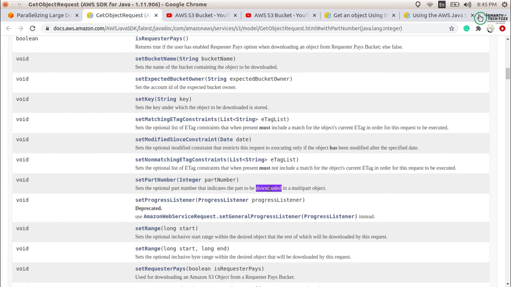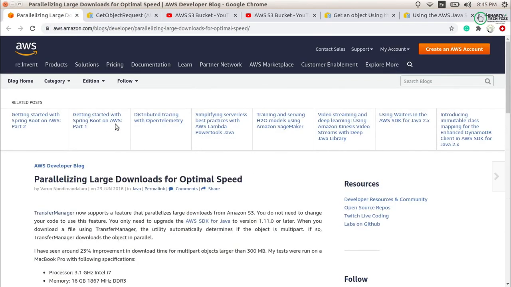So there are different functions provided for the low level implementation, and that can confuse a user, because I couldn't even know before this what the part is and what the range is, and how we can differentiate them. There are different things in the low level implementation. So I will always prefer the high level implementation for downloading a large file, and overall that depends on what benefits you and how you want to implement it. That is totally up to you.